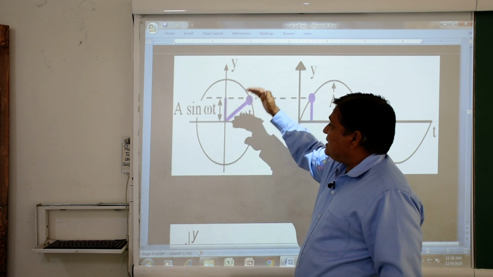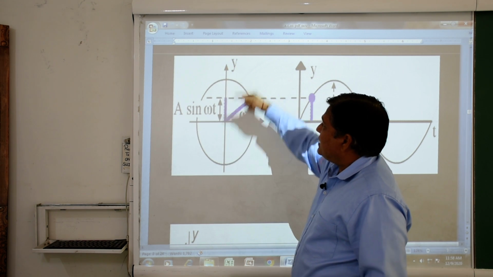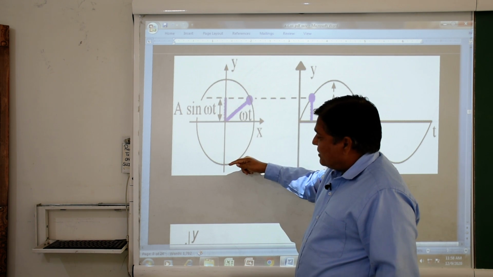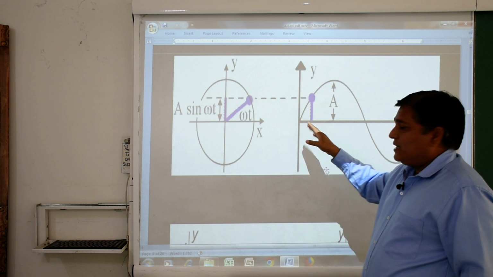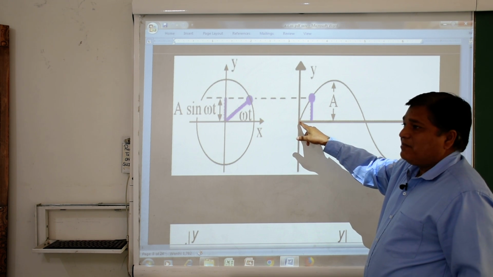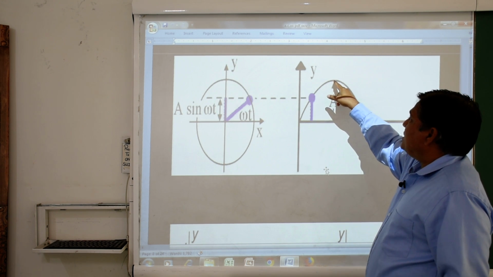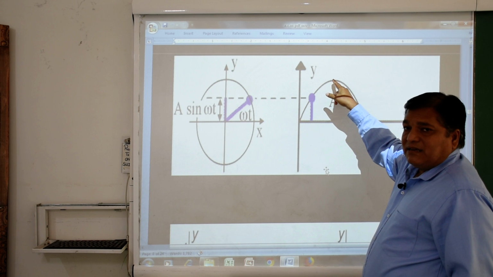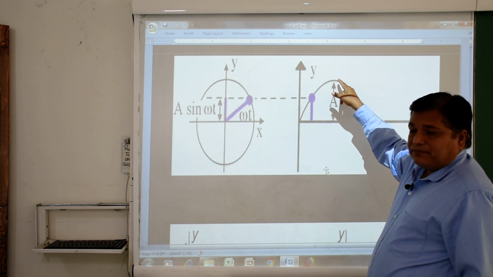So, we can see that in the case of circular motion of EMF, the EMF will oscillate. It becomes positive in one direction, then 0, then negative in the other direction, then 0. The same thing we can see in the wave diagram also. Here is the 0 position when time t is equal to 0 and phase is 0. When it reaches here, time is T by 4, the phase made by the EMF is pi by 2, and the magnitude will become plus E naught.